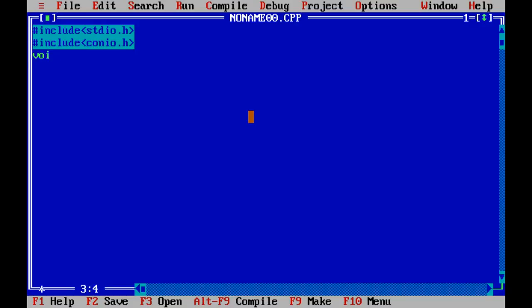Then void main. Oops, space. Then clrscr(); getch();